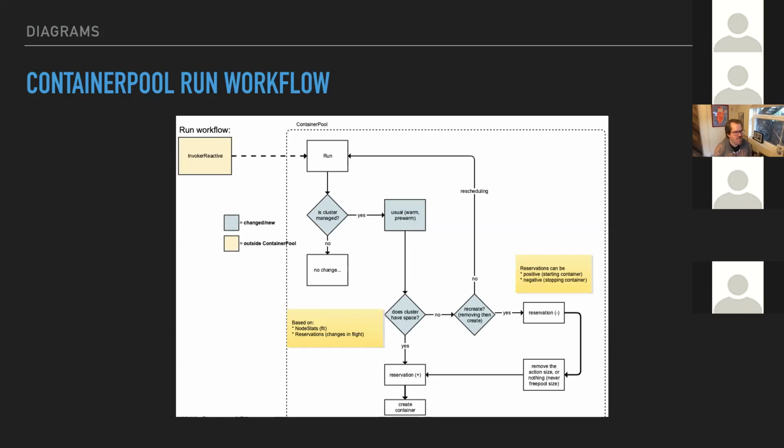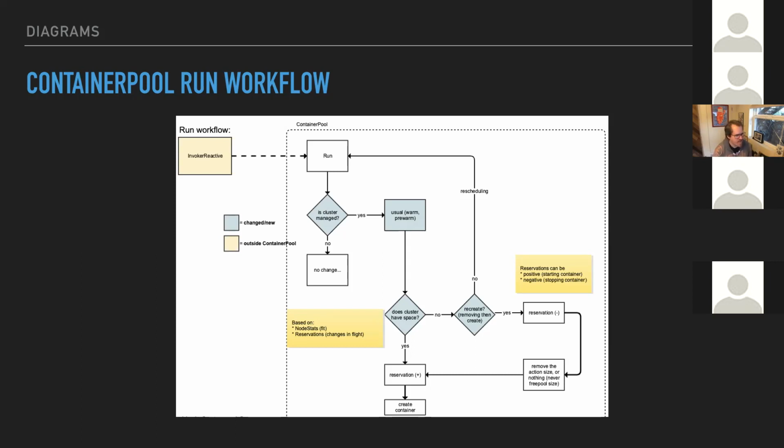And if it is, then we do the usual warm and pre-warm check to see if we can use an existing running container. And if we still need a container, then we check to see if the cluster has space. And this is kind of the first big change. And the changes here is that it's based on data collected from what I'm calling node stats, which is basically within the cluster, each node that launches action containers is going to have some stats that are available to the container pool. And I'll go over collecting those in a minute.